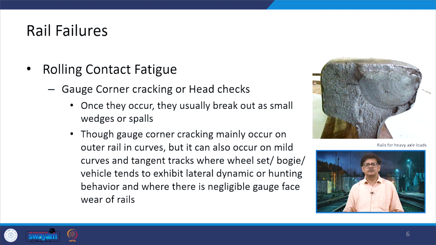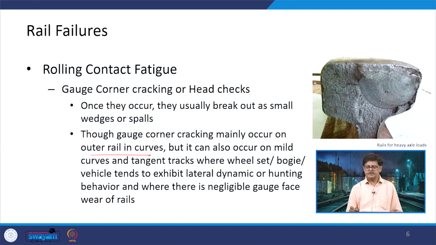Once they occur, they usually break out as small wedges or spalls. So, you will find that after some time some part of the rail section will split. Though gauge corner cracking mainly occurs on the outer rail in curves, it can also occur on mild curves and tangent tracks where the wheel set or the bogie or the vehicle tends to exhibit lateral dynamic or hunting